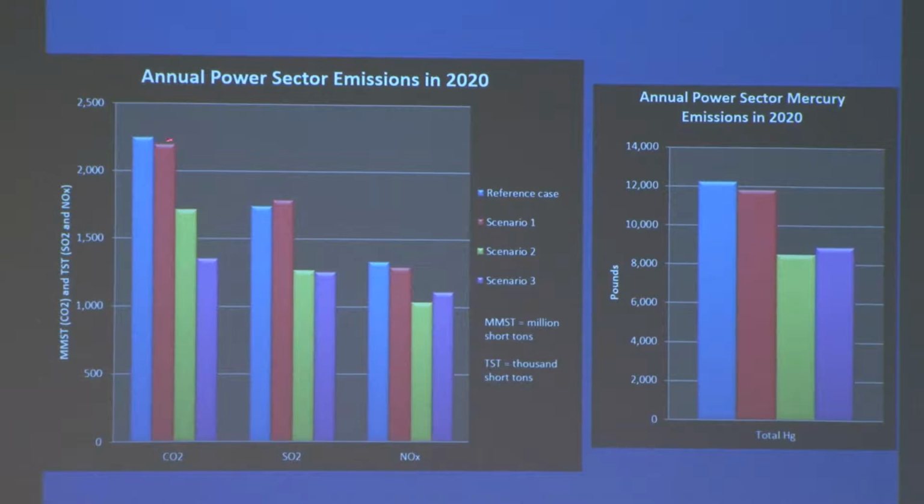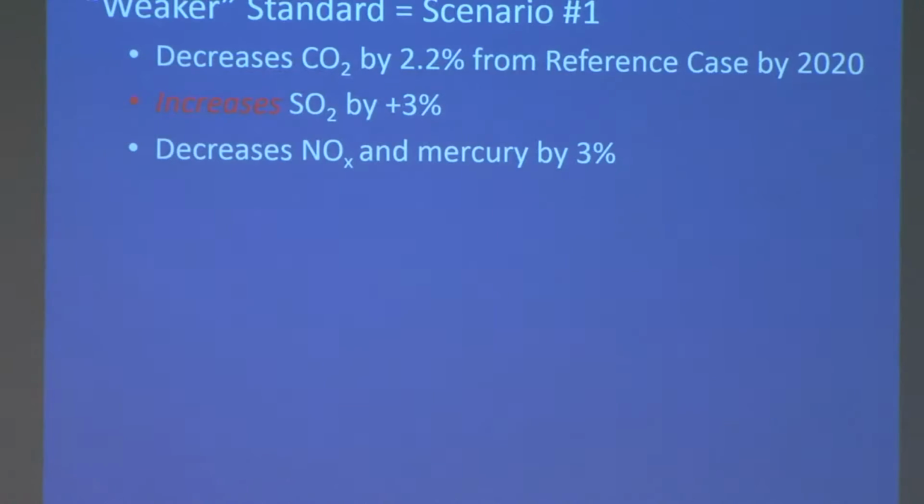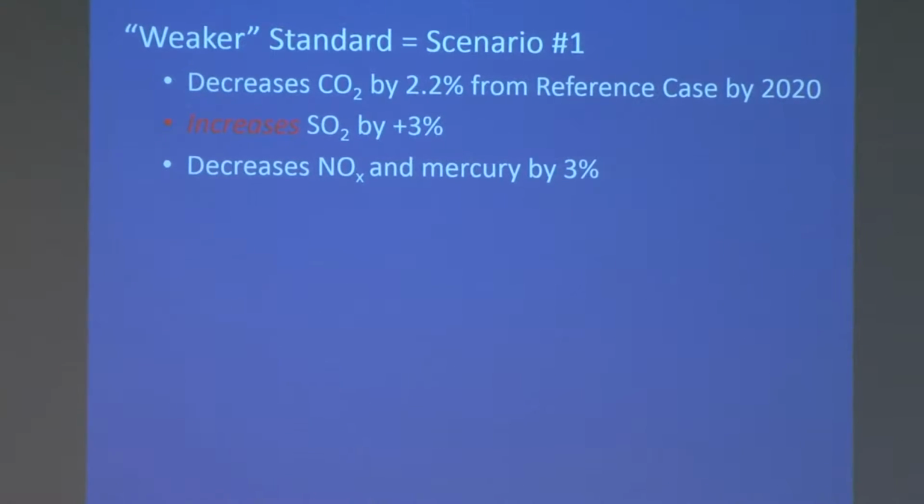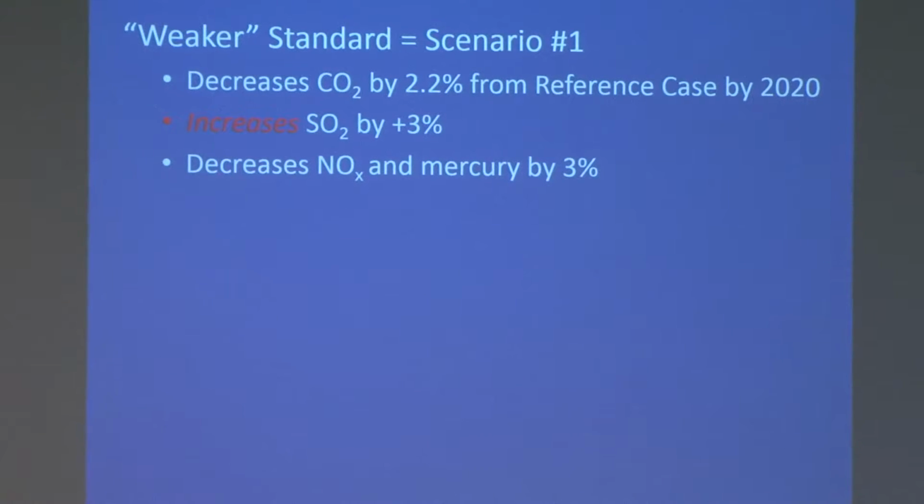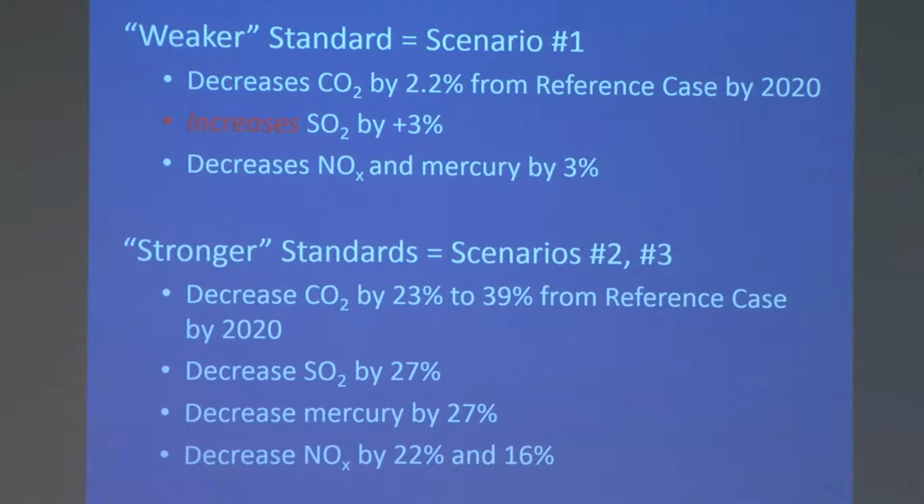The power sector improvement scenario doesn't really show major changes in emissions of these co-pollutants. The other two scenarios show marked decreases projected for sulfur dioxide, nitrogen oxide, and mercury. So this is just a summary of what I just said. For the weak standard scenario 1, very modest changes relative to the reference case, and the other two standards, the flexible standard and the energy tax scenario, you can see pretty large decreases in sulfur dioxide, nitrogen oxides, and